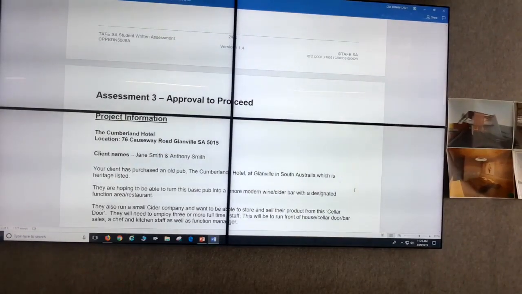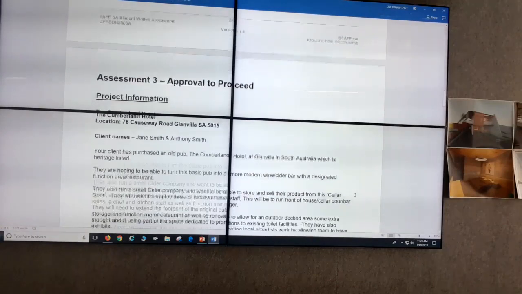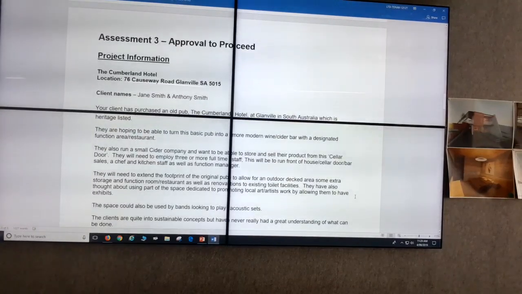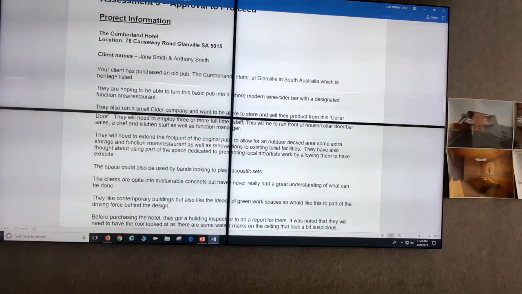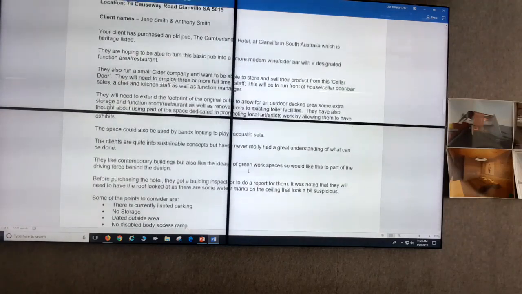All right, so assessment 3, of course it will start off with your project information, which is your brief again that the client originally gave you, and you saw from your client meeting that he hasn't added in anything or changed anything. So that was a really good question he had to ask, is what did the client want to achieve with this? Because sometimes, as I said, in the interim of time, they speak to other people and they change their ideas. Okay? So that is why we repeat this part on every single assessment,